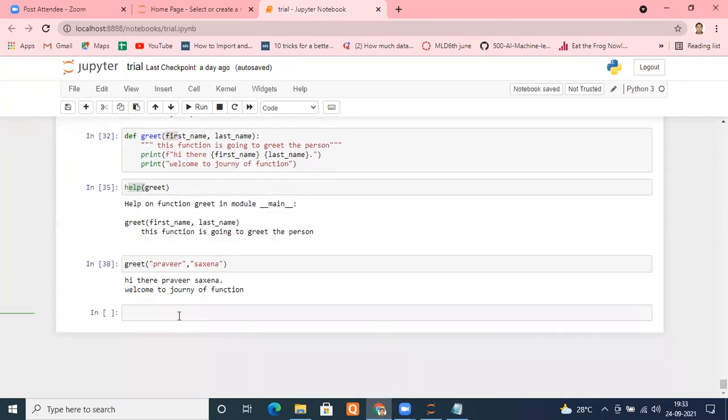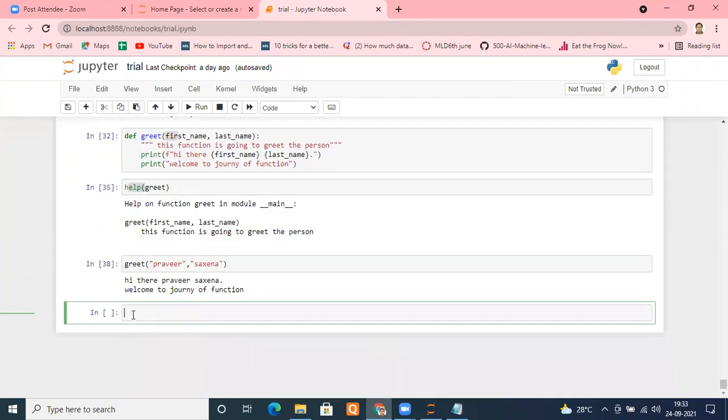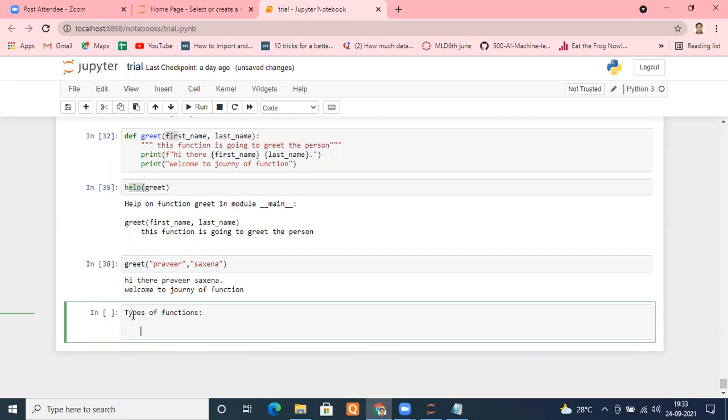So actually there are two kinds of functions. Let me tell you in brief. If we talk about types of functions, there are two types.